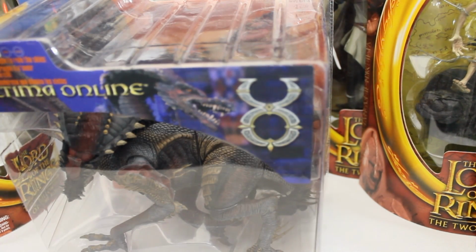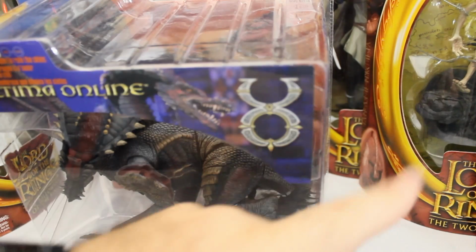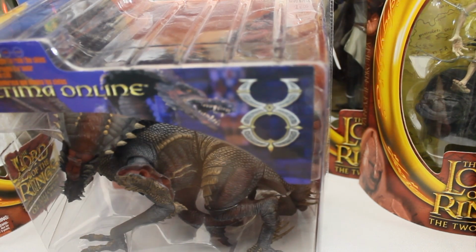Alright, that's it for today. This bin is empty. There's no little stragglers in the bottom. I do think I am going to actually keep some of these out. I think I have a space where I'm going to put these little Lord of the Rings guys up and take down some very old Preacher figures that...